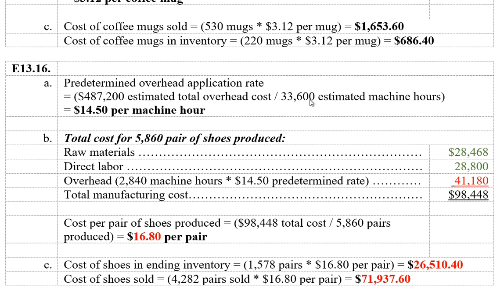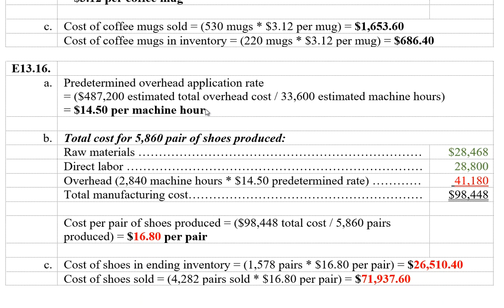So we got 33,600 estimated machine hours. We're dividing into that total overhead cost to get a $14.50 per machine hour predetermined overhead application rate. Don't get too tongue twisted, guys, on this terminology. But you got to understand that what we are doing is we're going to apply our overhead based